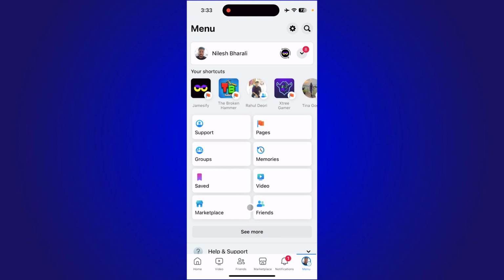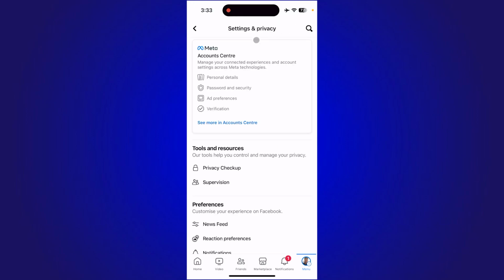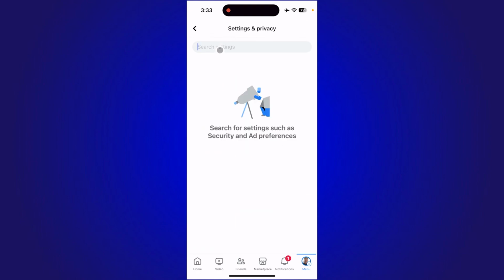And after that, after clicking on your logo, you will be redirected to this page. And now what you need to do is select this gear icon, and then you will be again redirected to this page. After coming to this page, you need to tap this search icon, and here just type